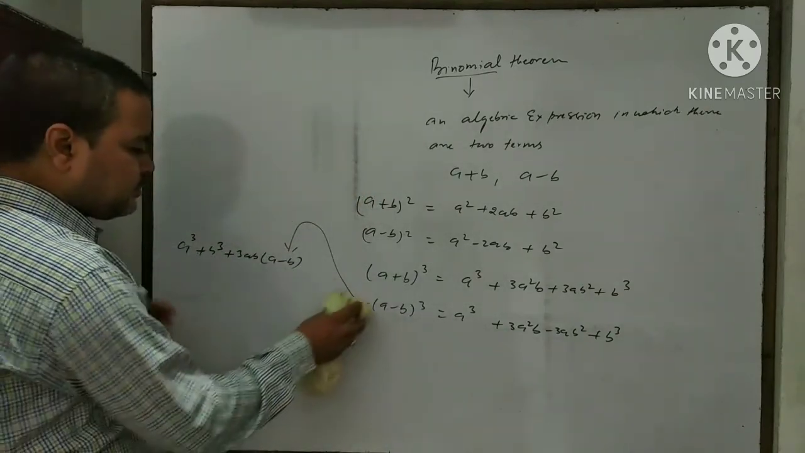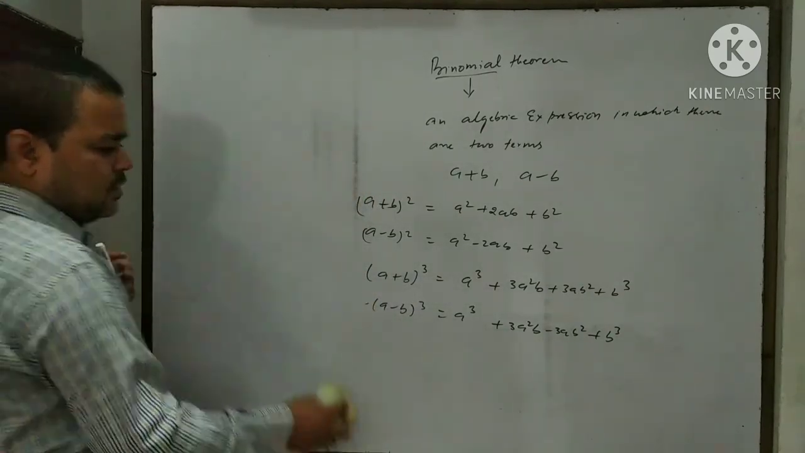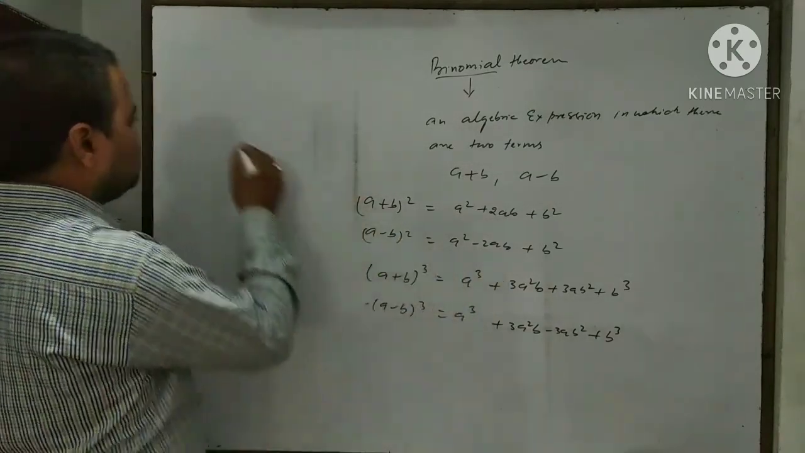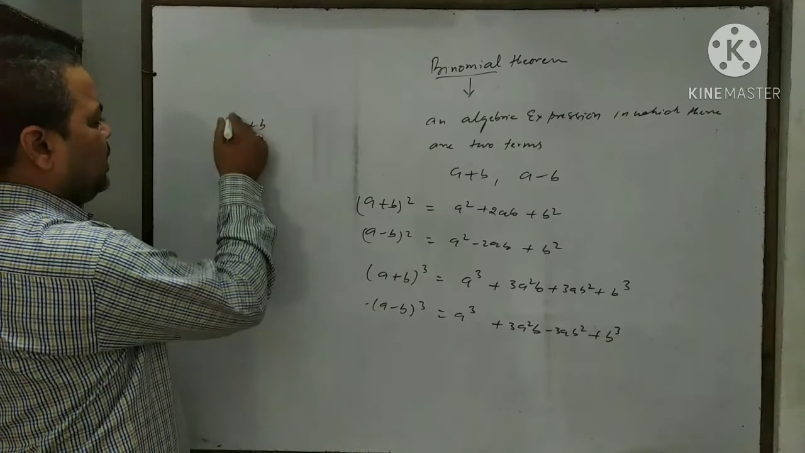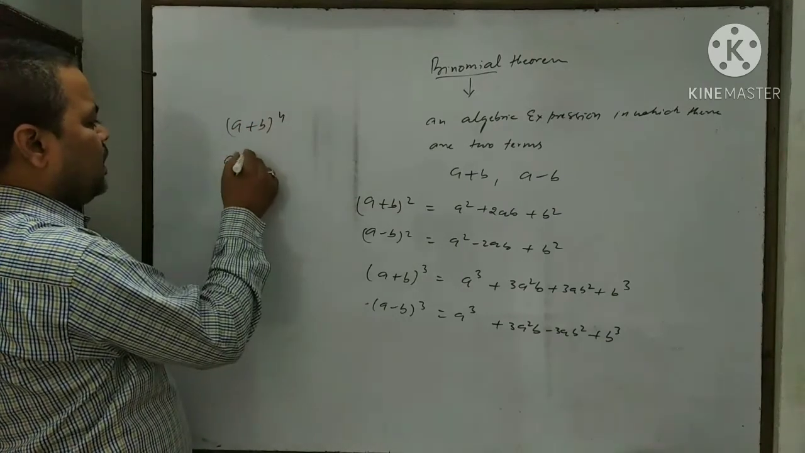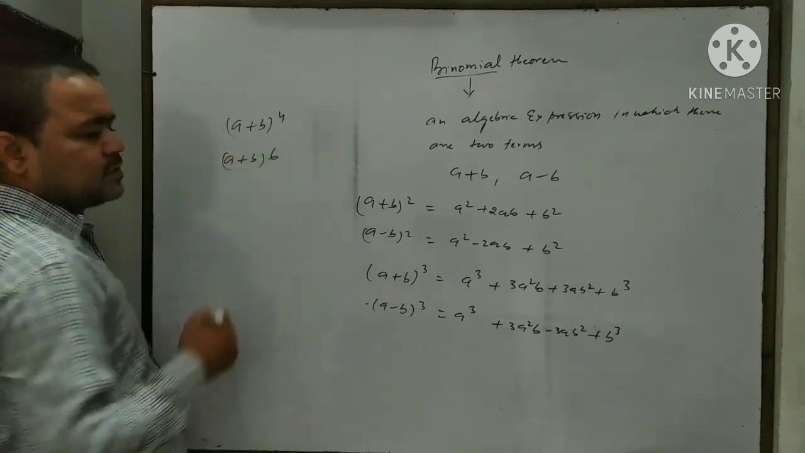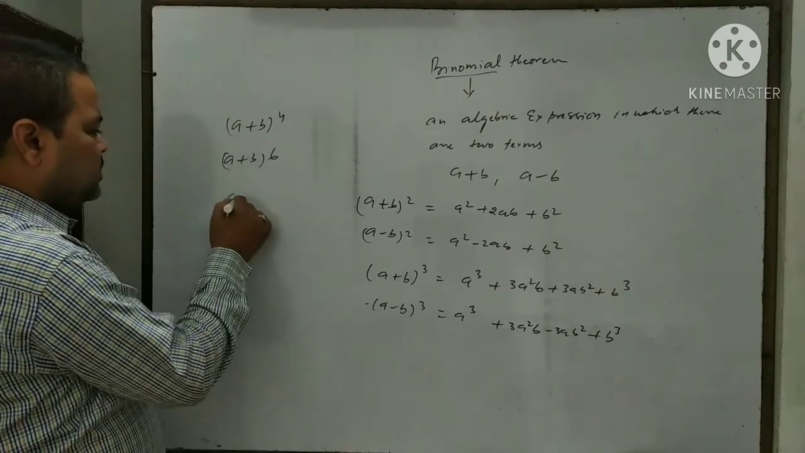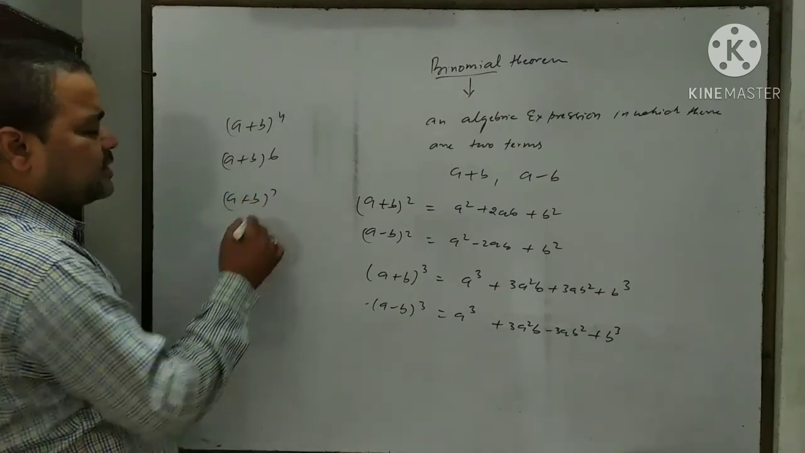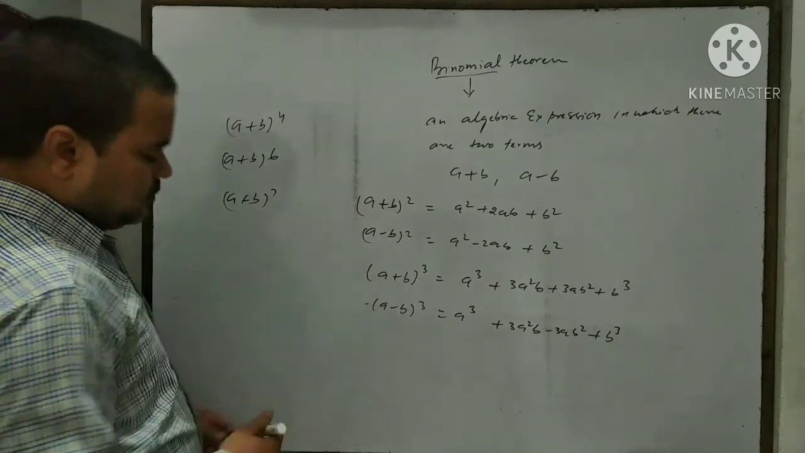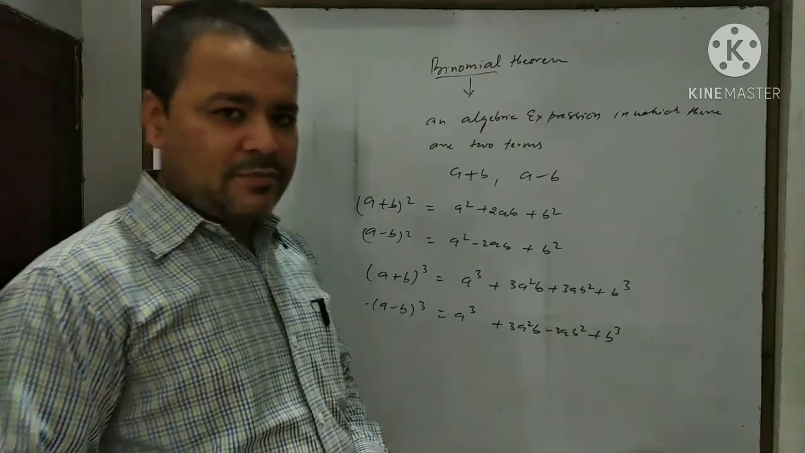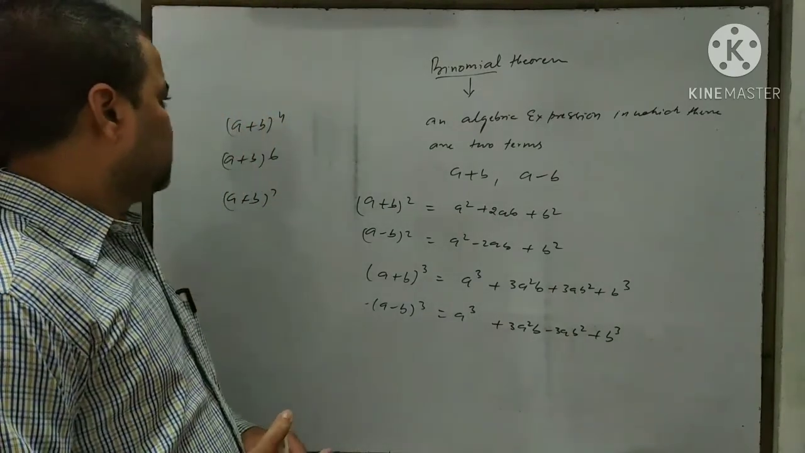But here it is difficult to write the expansion of binomials like a plus b raised to the power 4, a plus b raised to the power 6, like that. Okay? Also a plus b raised to the power 7, 8. So for the expansion of this type of binomials,